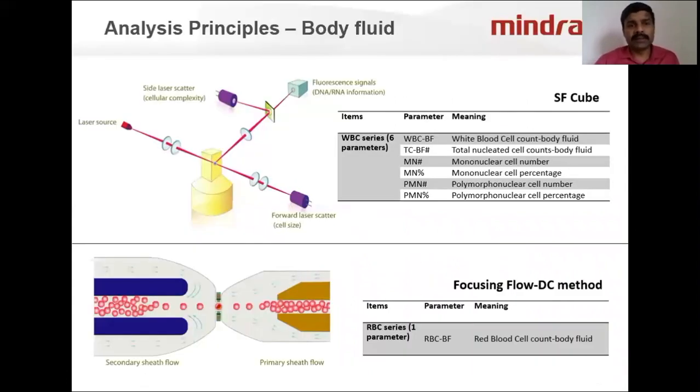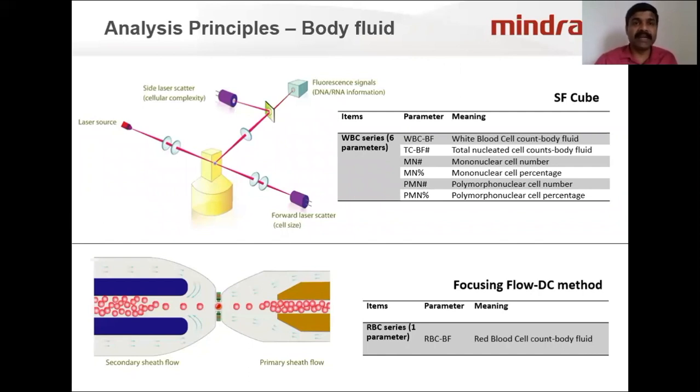So coming to the next mode, which is the high sensitivity mode. It is the same instrument with the same reagent. The instrument is able to analyze body fluid. In the whole blood mode, the instrument was able to count WBC in terms of 100 cells. But in the body fluid mode, the instrument should have very high sensitivity so that it can count 2 cells or 3 cells or 5 cells, because the count in body fluid will be very low.